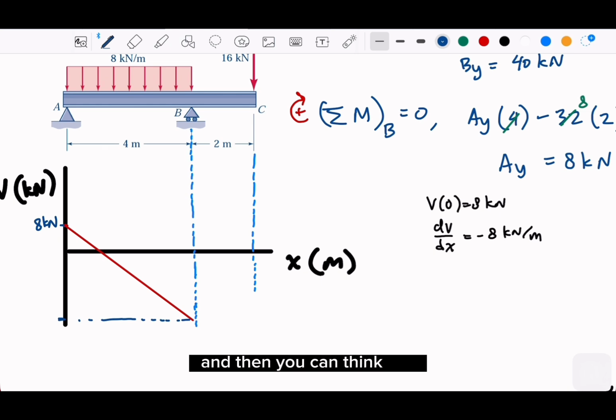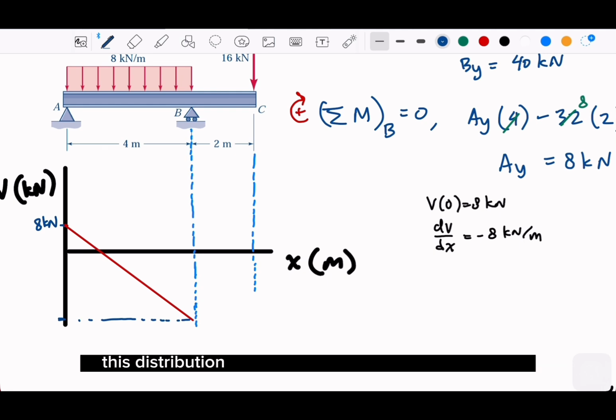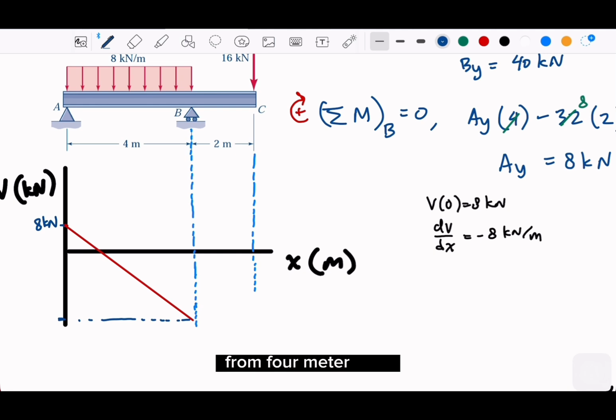And then you can think, from this distance here, at B, this distributed loading is having 32 kilonewton, right? From 4 meters it has 32 kilonewton, and then it has 40. So